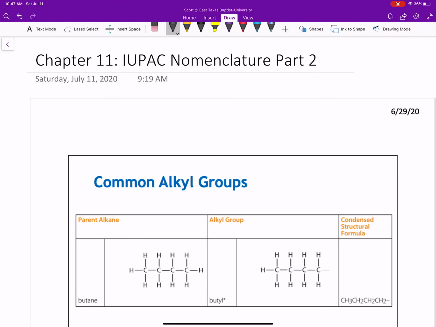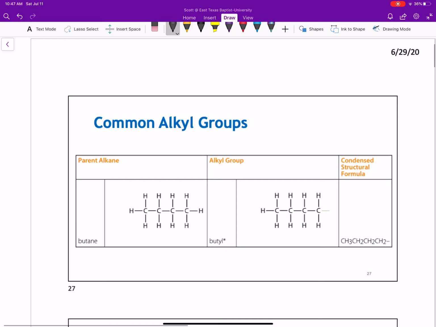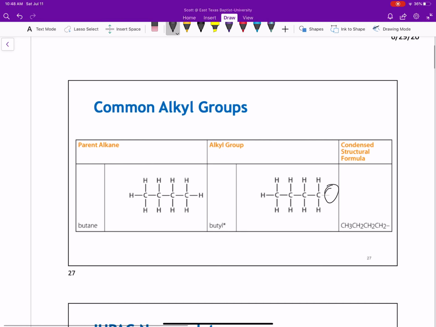All right, class, we got a little bit more difficult lecture for today, IUPAC Nomenclature Part 2, in Chapter 11, Organic Chemistry of your textbook. So last class period, or last video, we talked about how to write organic structures using the skeletal formula, the structural formula, the condensed structural formula, and we also talked about what alkyl groups are, that being an alkane, deleting one of the hydrogens and connecting it to a larger chain. And there are specific types of alkyl groups, such as the methyl group, ethyl group, propyl, isopropyl, and butyl group,